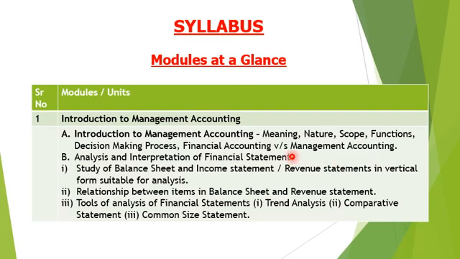The next one is the functions. The functions are data collection, data analysis, presentation, proper planning, controlling, reporting, coordinating and decision making. All these are the theoretical part. The next one is the decision making process. In the decision making process, the information which we have collected is evaluated, then interpreted. Next is the reporting of information, and the final step is control.